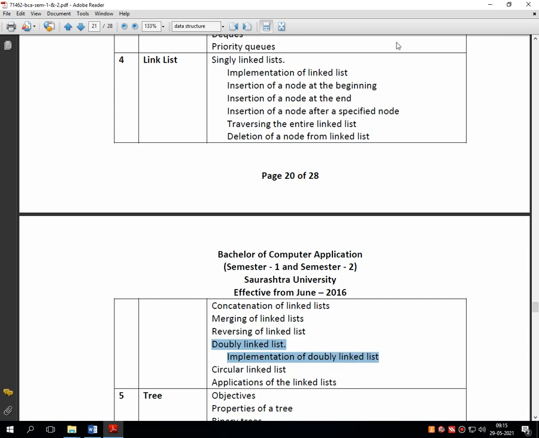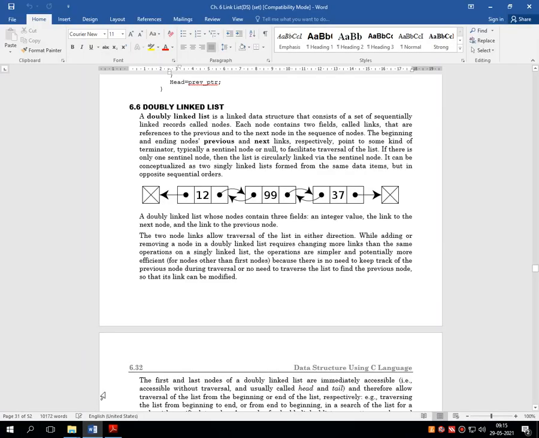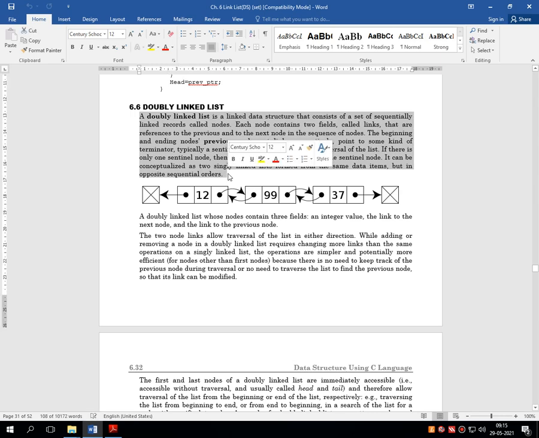So first, as per our strategy, we are going to discuss the theoretical session related to double linked list. Double linked list means obviously it is a single linked list first, but it provides insertion and deletion of a node at both the ends. That is called a double linked list. That means in a double linked list, instead of a single reference between the two nodes, it provides two references.